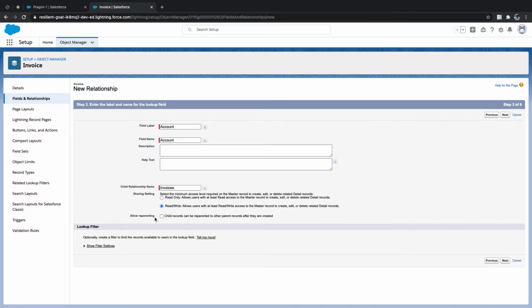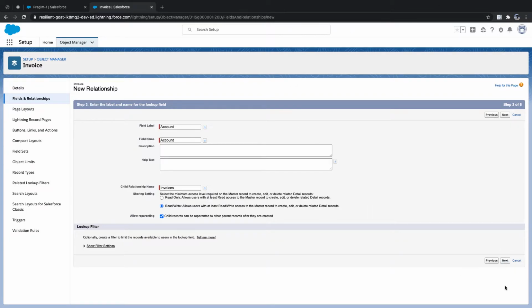If you need that flexibility, then you need to check the checkbox. Then only you can re-update your parents. Clear? Any question on this checkbox?